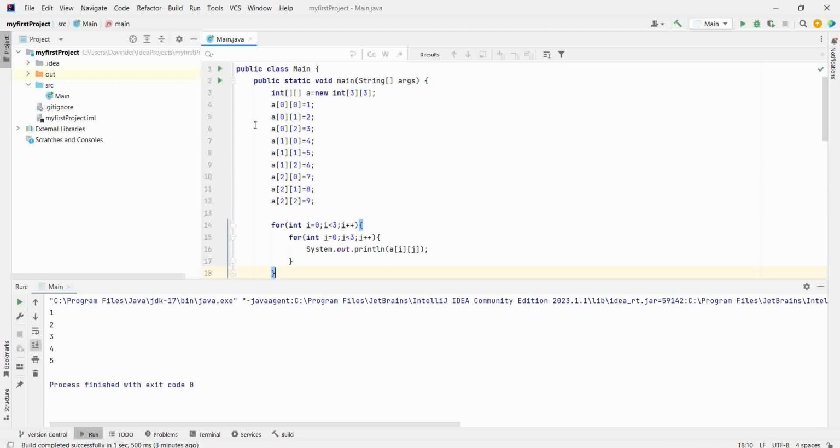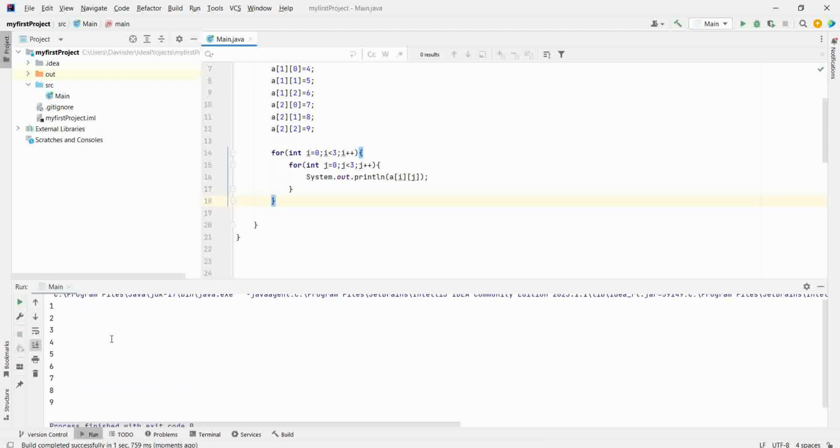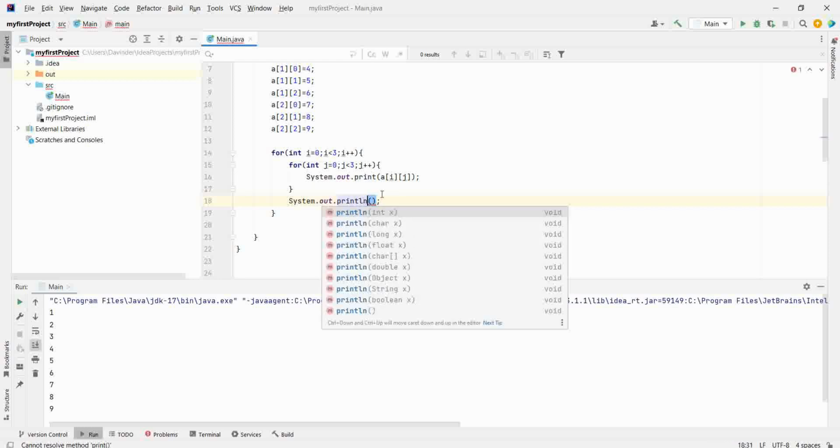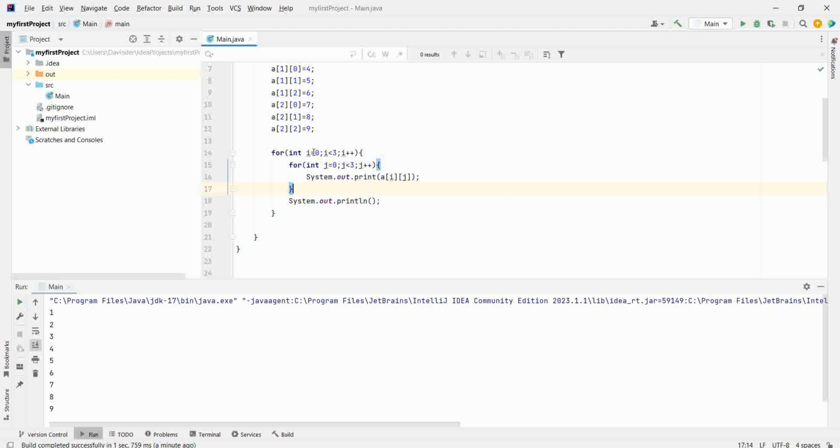But if I print it like this, you will not be able to understand what is going on. It prints 1 2 3 4 5 6 7 8 9. But I want to write it in a way that when i is 0, it does not print the next line while j is running. When j is completed, or we can say when one iteration of i is completed, then go to the next line and then print it.